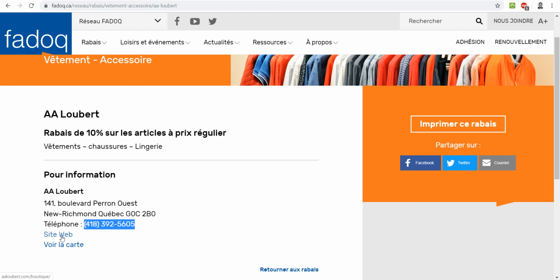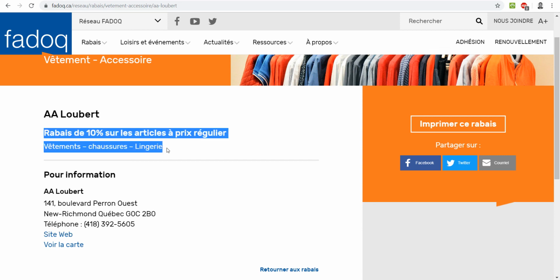Okay, so this is the information I'm looking for: name of the company, the address, city, province, postal code, the phone number, URL of the website, and whatever is written between these two lines, for instance, everything, that's the rebate detail. Okay, so that's the information I'm looking for from this page that has over